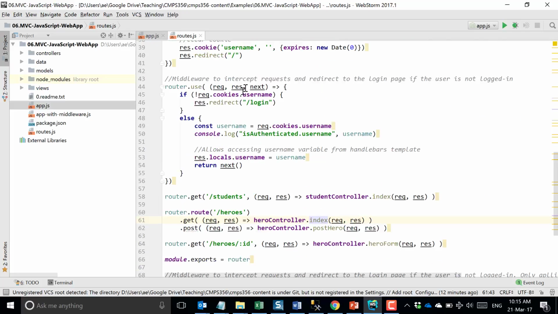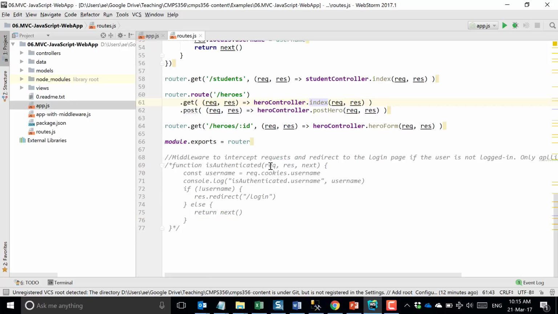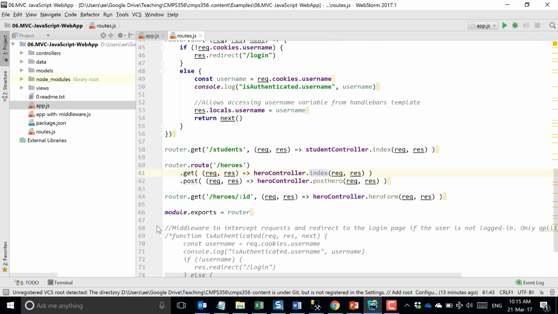Now, here is the route. For example, if somebody comes to /students, I could come here and start writing the route handler: go and read the file, do computation, and return the result. I could do that, of course. But it's not very good to do so because this route suddenly will become very complicated and very long. It's already 77 lines. If I allowed my implementation to go here, this will become complex. So a wise way to do it is, in here I just call a